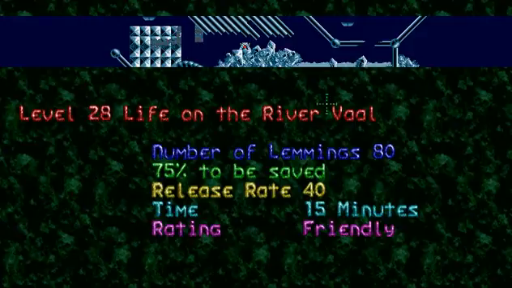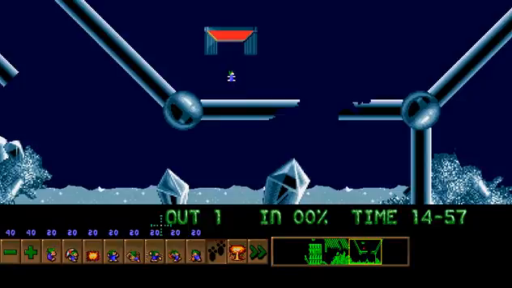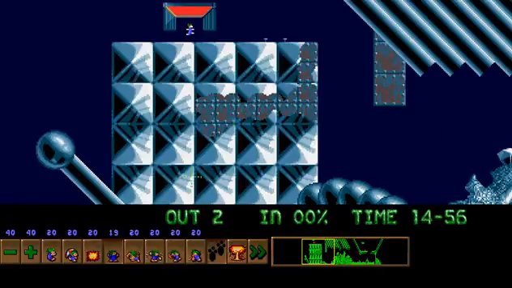80 lemmings, got to save 75%, and there's 2 exits to deal with. This is one of the levels where we have 15 minutes, but oh, don't worry. It doesn't stop there, not by a long shot. Okay, who comes first? I think they do. And this is nice because all we have to do is set up a blocker here, and if you go to the top boundary of the level, that counts as a head hitting point. So, all right, let's go ahead and